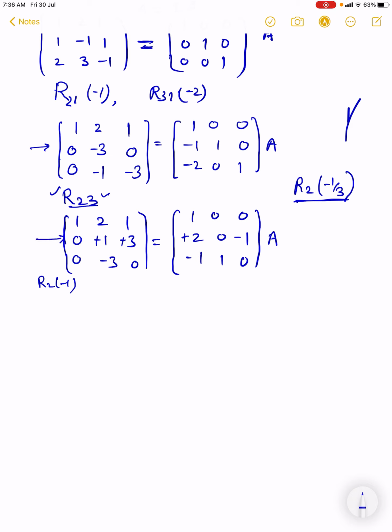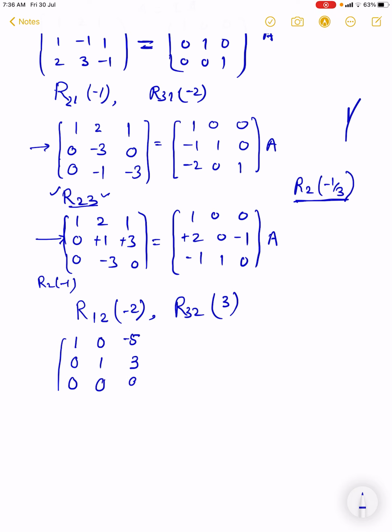When it is 1, then we can apply R2 multiplied by minus 2 operated on first row, R2 multiplied by 3 operated on the third row. So here 0 1 3, second row as it is. After this we multiply by minus 2. This is minus 2 0 minus 6 minus 5. Here it is 0 multiplied by 3: 3 minus 3 0. This is 9.